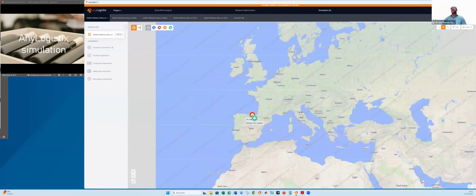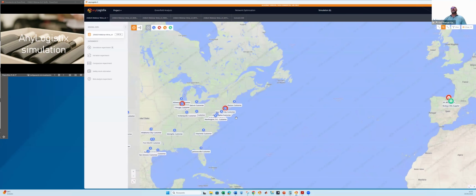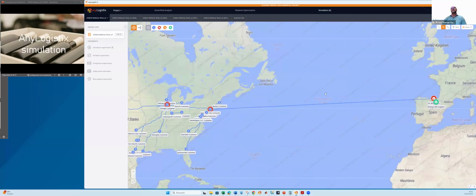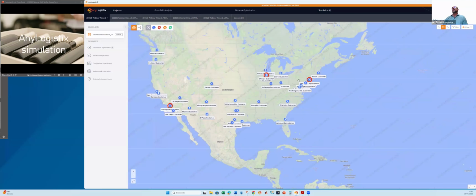Sorry for the zoom. Then the wine is coming into the New York port, and is moved to Chicago and Los Angeles, where they distribute as well everything to the endpoints. Okay, so